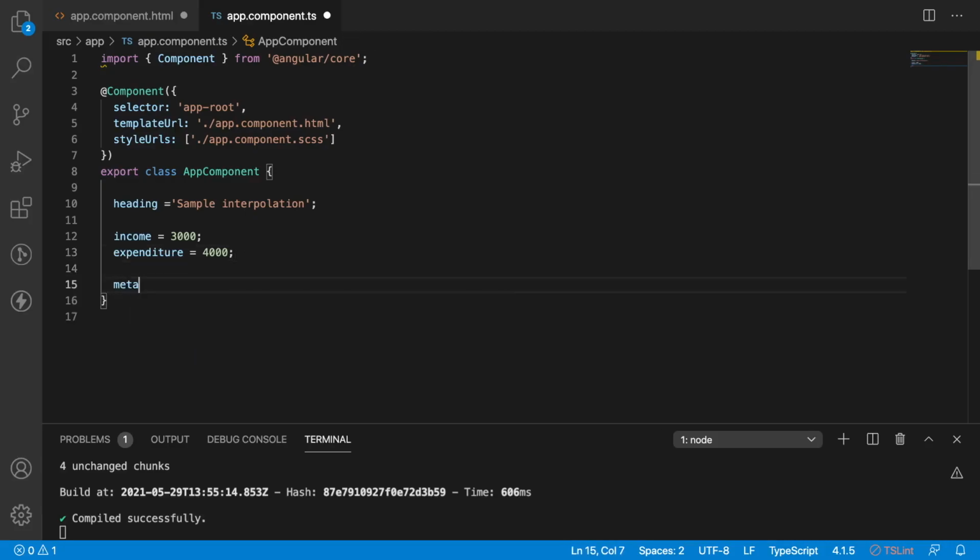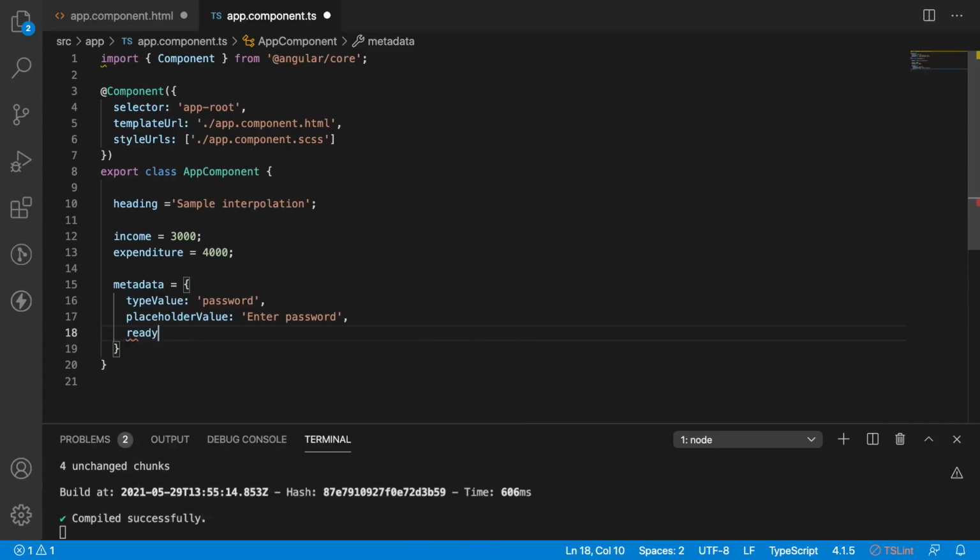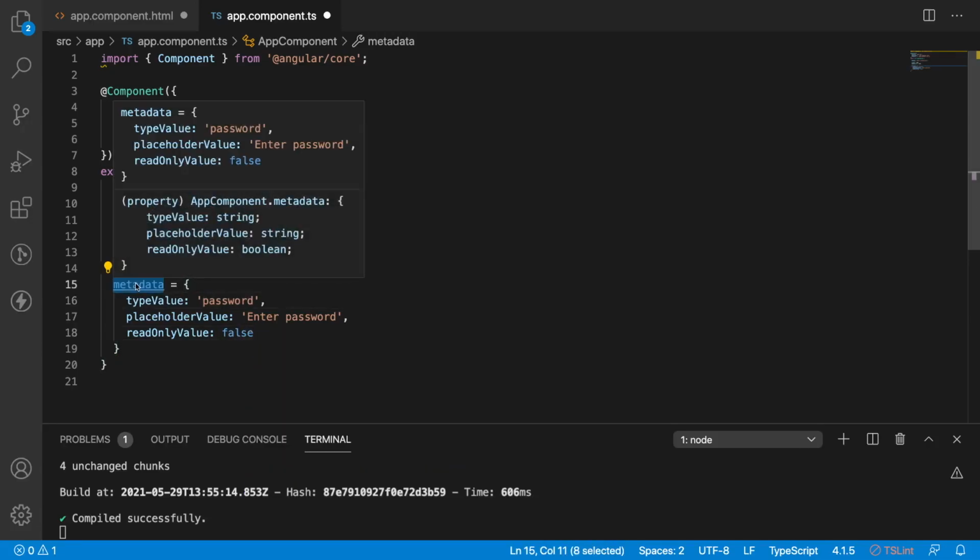Let me give some metadata, and inside the metadata, let me give type value equal to password, and let me give placeholder value as enter password, and also I want to give a property called readonly, which is a boolean value. Let me take it as false. So now I want to bind this metadata with my input field.